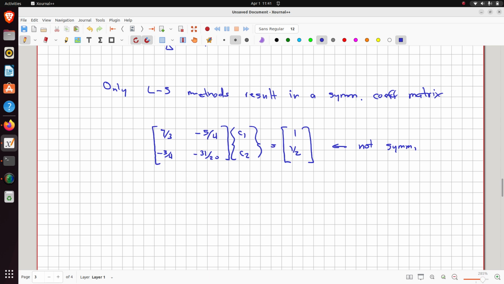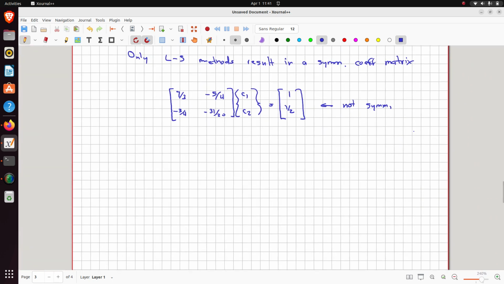Also, kind of a secondary reason, which is less important these days, we have plenty of memory on our computers, but if you have a symmetric matrix, you only have to store half of it, right? Just one half of it. So yeah, we prefer, if we could, to come up with a scheme that will give us a symmetric matrix. And that scheme, or a scheme that will do that, is called